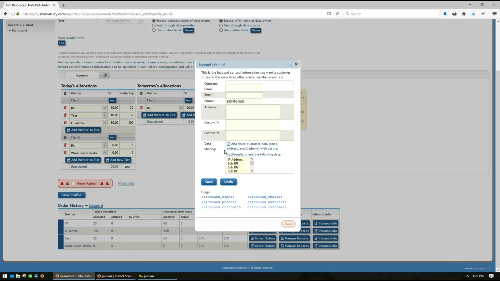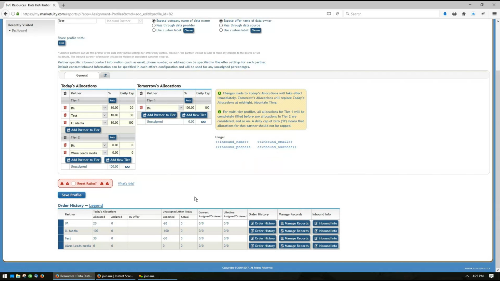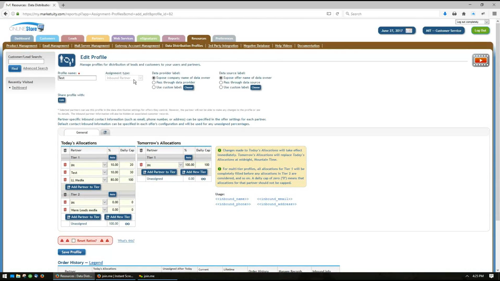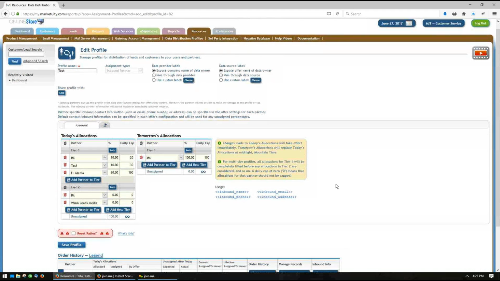It also has some other settings here for data sharing. So in addition to this record getting assigned to this particular partner or company or group, it's also going to place that record for that company into their partner account. And like I said, in another video we talk about how to set up partner accounts, but